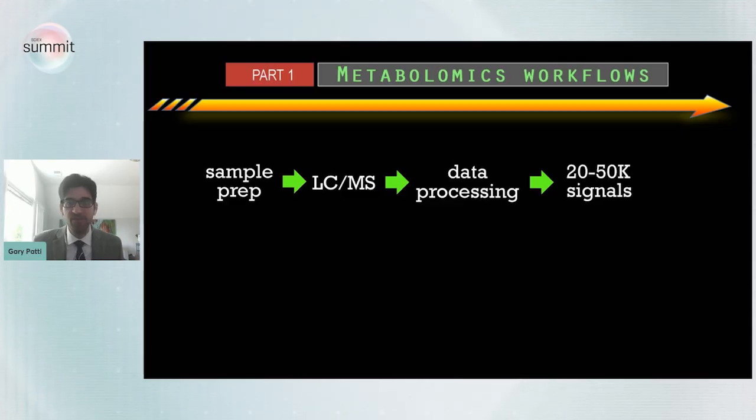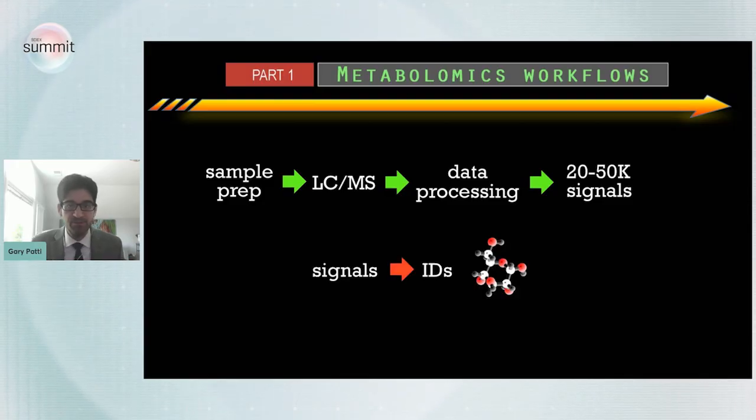After you generate the signals, you don't want to just stop there. There's not a whole heck of a lot you can do with signals alone. You want to be able to structurally identify those signals with a high level of confidence. So take those signals, convert them into IDs. That does require doing MSMS experiments or fragmentation experiments